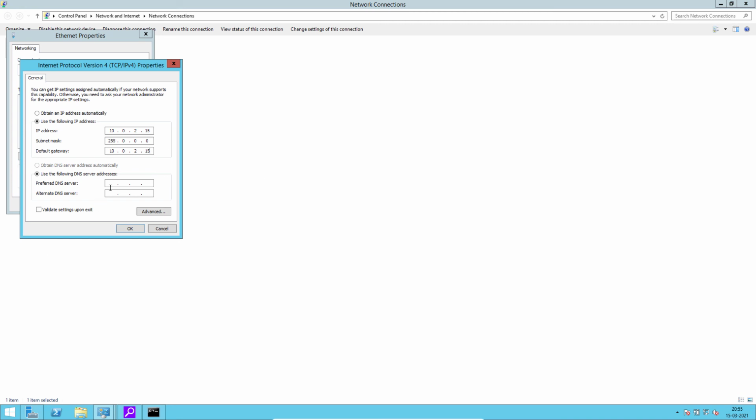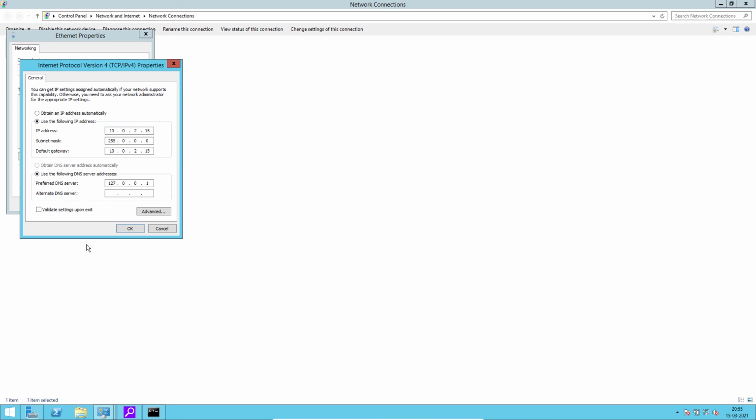Okay, in preferred DNS, what we have to do, in preferred DNS, give 127.0.0.1. Now what is this? This is your IP address of your local host. This is the IP address of your machine itself. Okay, so you have to do this setting.